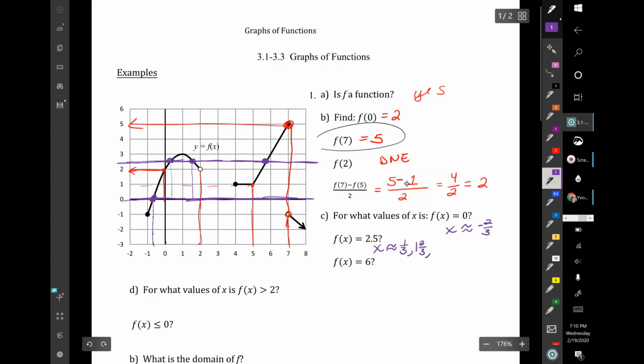And this last one over here is maybe 5 2/3. We'll just kind of stick with our theme of thirds to keep them all matching. f of x equals 6. Let's see if we can find when that happens. So I would go up to where y is 6 and look for an x. There's no graph up there. There's no piece of the graph. So there is no